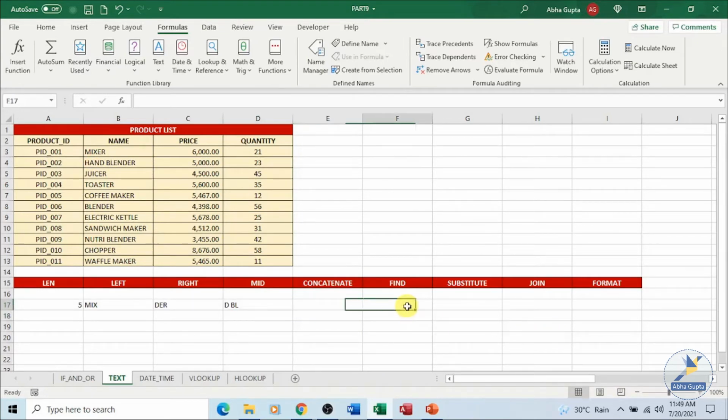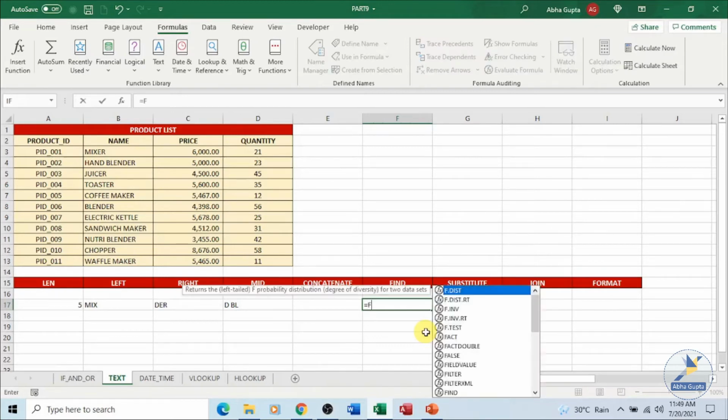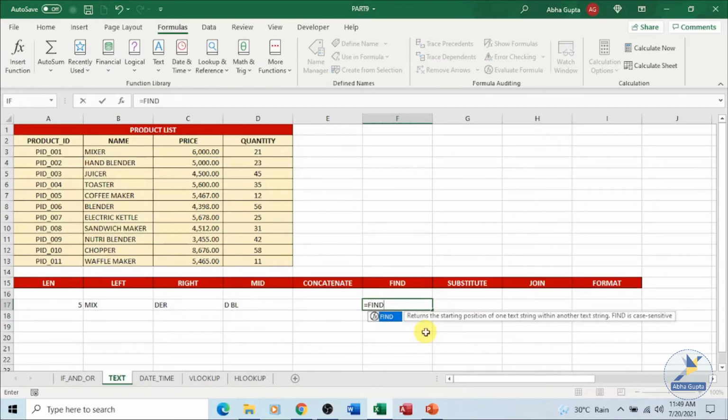Then you have the find function, where we can find a substring in a given string. If I type the find function over here, I want to look for, say, Blender, comma, in say B3, so it will return the position.